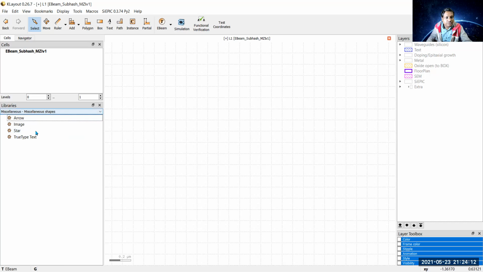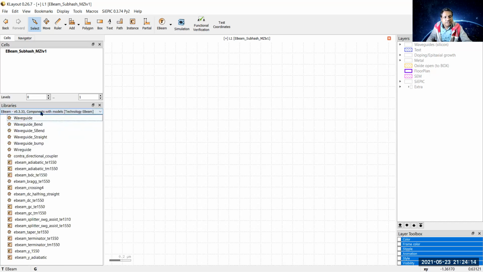So we will use eBeam components with models. This library we shall use for designing our Mach-Zehnder interferometer. So what are the steps? Let us see. If you want to just follow this video lecture to design your own Mach-Zehnder interferometer, I